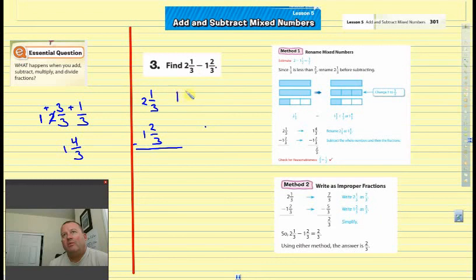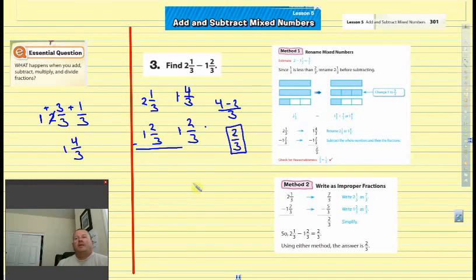I could take my new 1 4/3 and subtract my 1 2/3. Now watch what happens. I have my third. I could take my 4 minus the 2. I got plenty of stuff to subtract. I end up getting 2/3. And then I get 1 minus 1, which is 0, which I end up with just